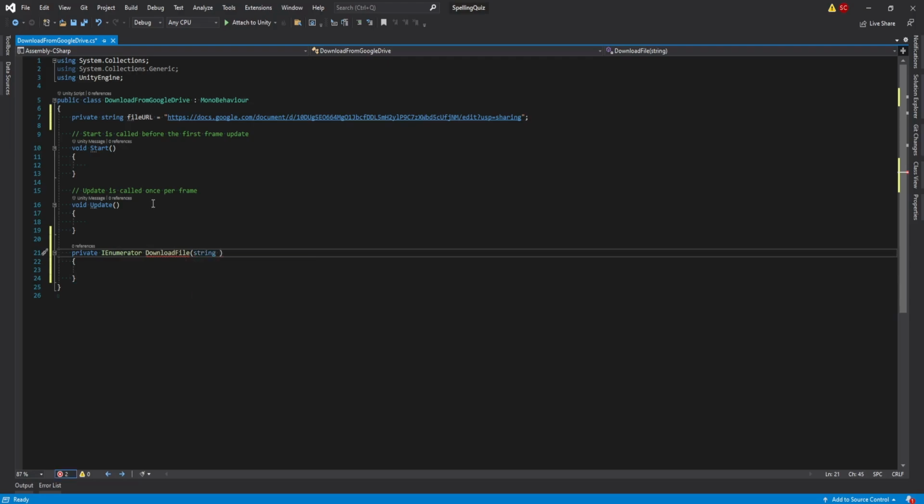So string fileURLPath or something, so that you will not get confused with this file URL name. So this is a local name, this is a parameter, right? Next what I need to do, I need to